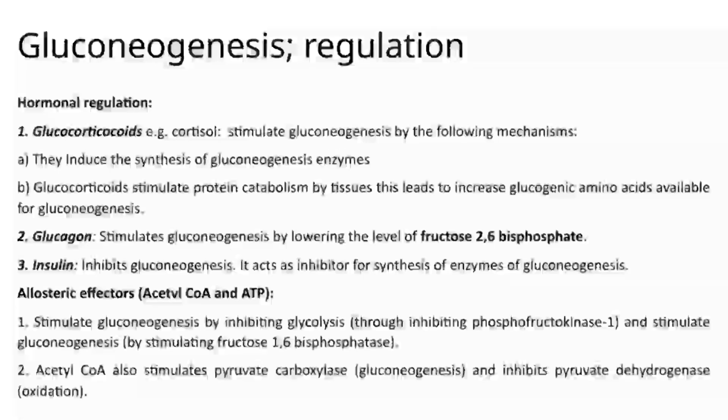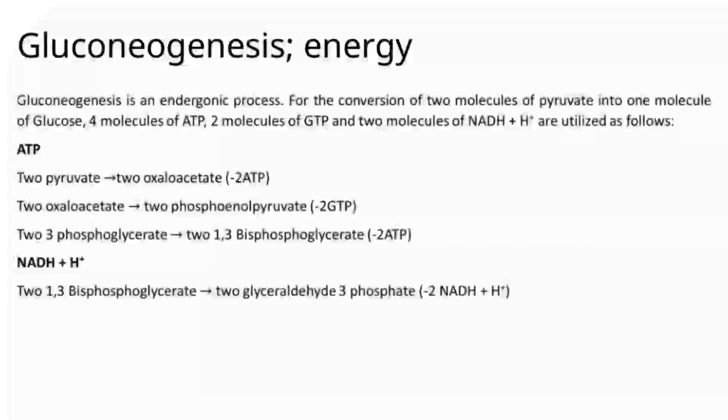Gluconeogenesis, which is the process of creating glucose from non-carbohydrate sources, plays a vital role in maintaining our blood sugar levels, especially during fasting or intense exercise. When our body needs energy but dietary glucose isn't available, this pathway kicks in to ensure our cells, particularly in the brain, continue to receive the glucose they need to function properly. Now, an important aspect to understand is that gluconeogenesis is energy dependent. It consumes energy in the form of ATP and GTP. This means it requires a significant investment of energy to produce glucose, which makes sense because our body prioritizes efficient